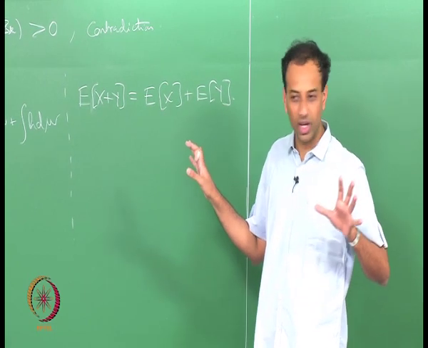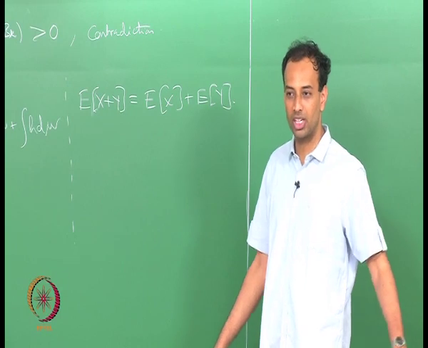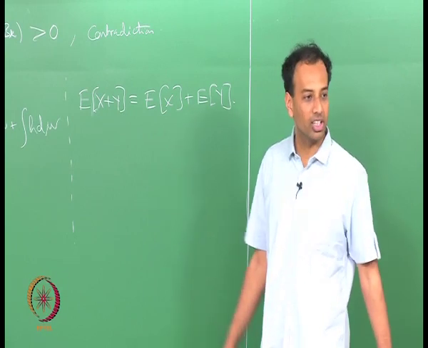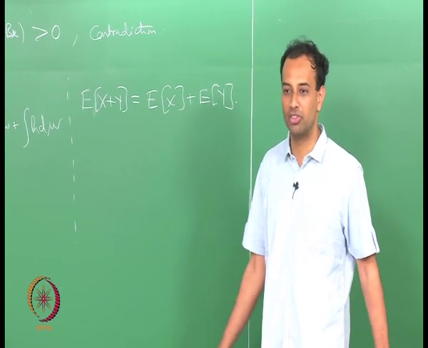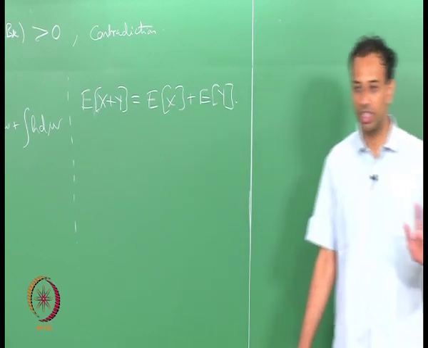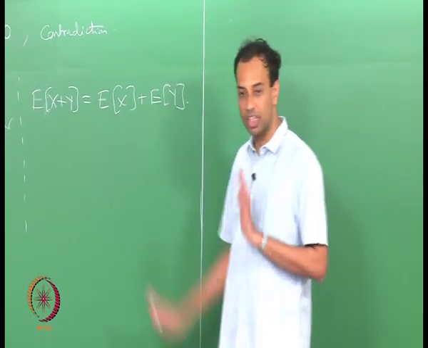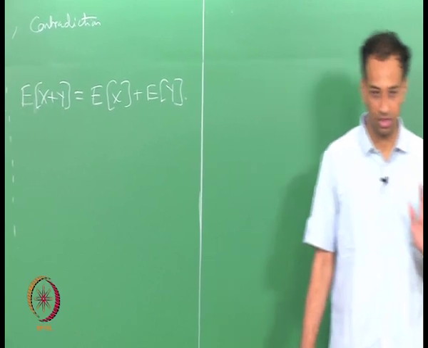Okay. X and y need not have any further structure to them. X and y may have any joint CDF whatsoever, they may have different marginals, they may not be independent or any such thing, right. It is always true that expectation of x plus y is equal to expectation of x plus expectation of y,